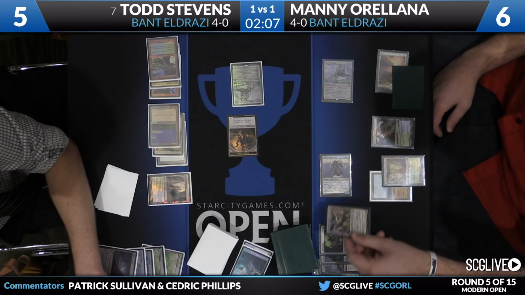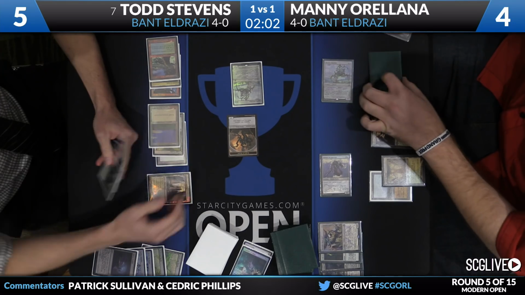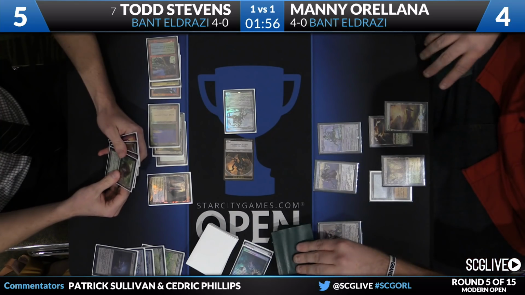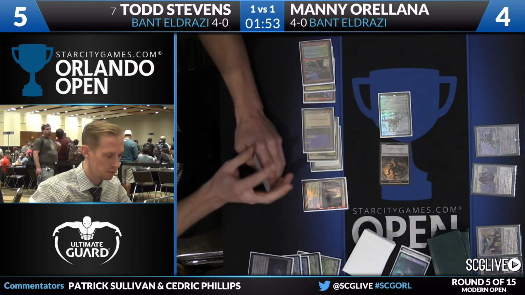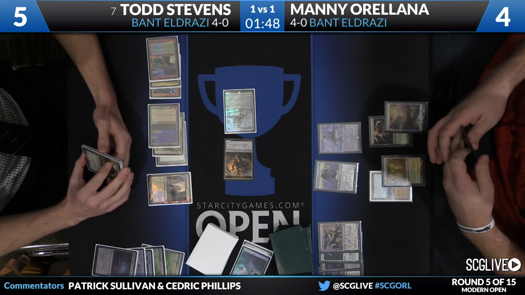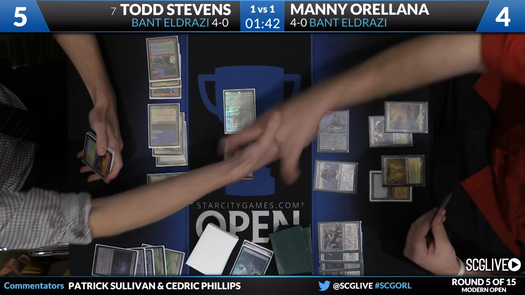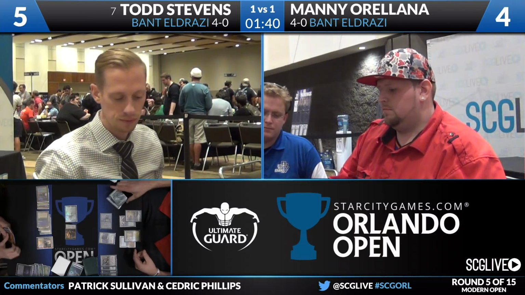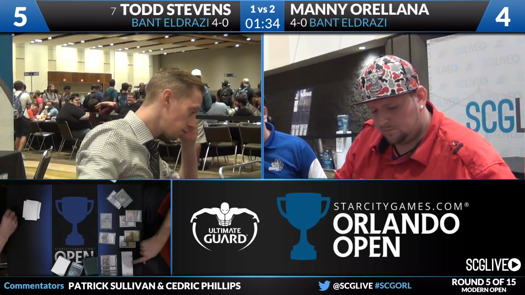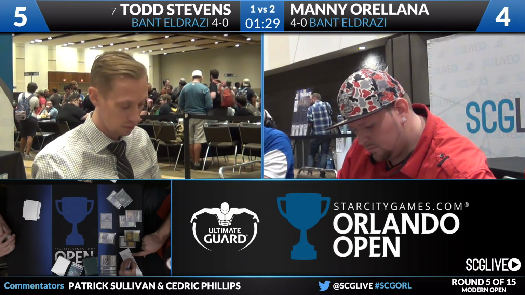Draw. Thragtusk. Woof. Yeah, one turn late, most likely. I mean, Thragtusk a game winner. Here comes Reality Smasher all by itself, and that is going to do it. Manny Orellana is going to win this match over Todd Stevens 2-1. The Bant Eldrazi mirror goes to the player on the right, and for Stevens, he will pick up his first loss here this weekend as Orellana wins the mirror. You can see it's a lot about just